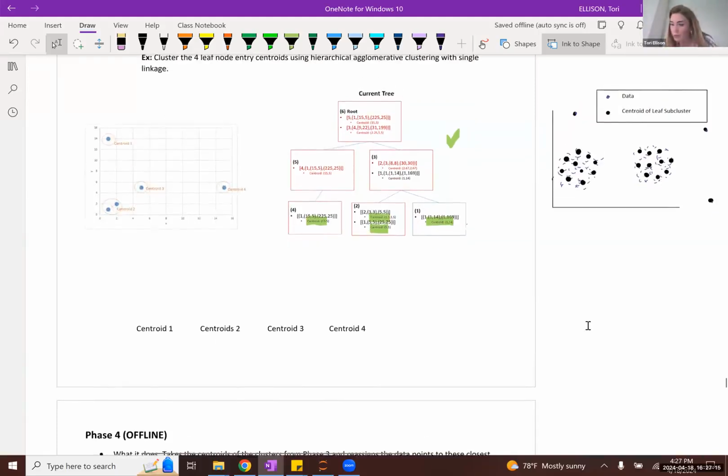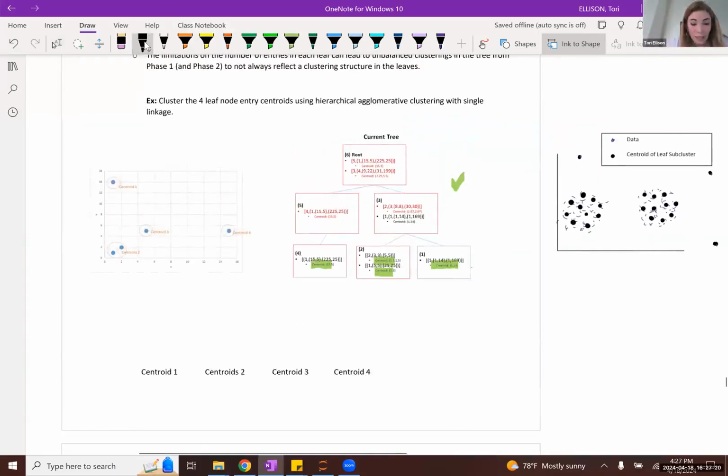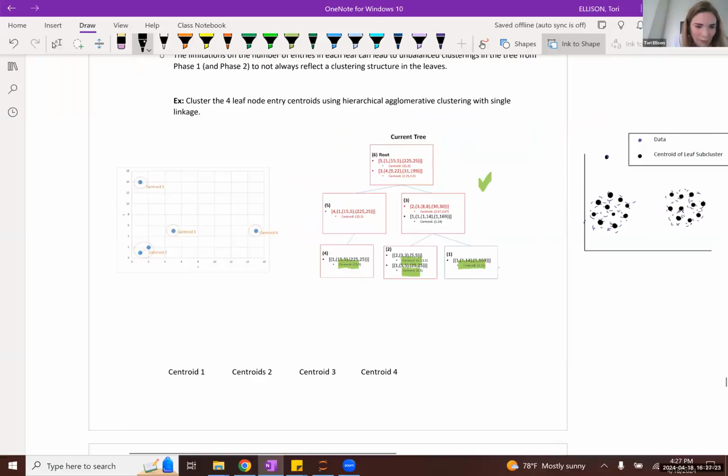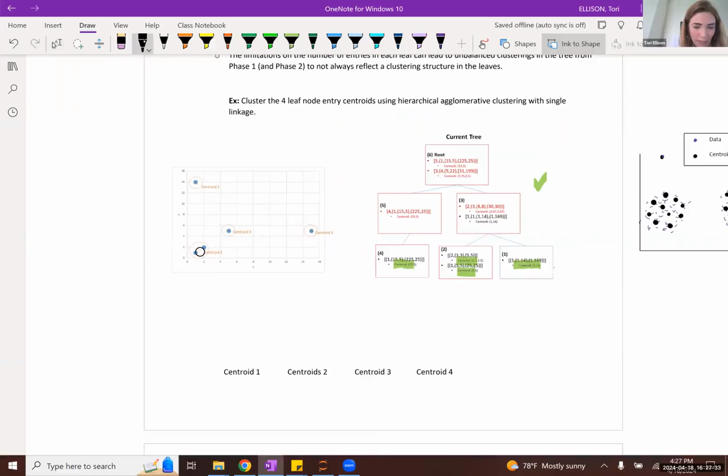And so if we were using single linkage, for instance, to cluster these 4 centroids, we can see that 2 and 3 are close. So basically, this is a cluster, this is a cluster, and this is a cluster. Again, with hierarchical agglomerative clustering, all observations, or centroids in our case, start off as singleton clusters. So centroid 2 and centroid 3 are closest to each other, so they would merge first at some proximity level.